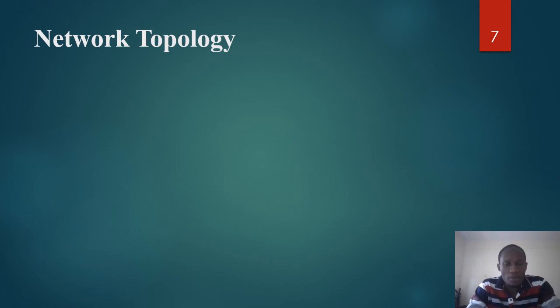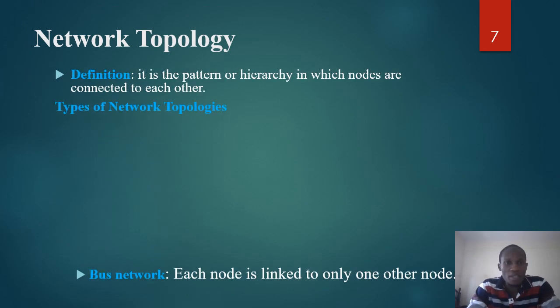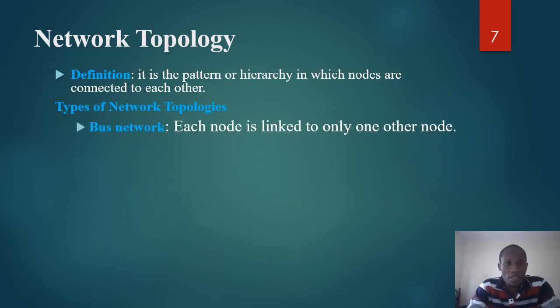Then next, after looking at the networks, we can now look at the arrangement of computing devices within this network. What do I mean by this? It is referred to as a network topology. That arrangement, the pattern or hierarchy in which the nodes are connected, is referred to as a network topology, and